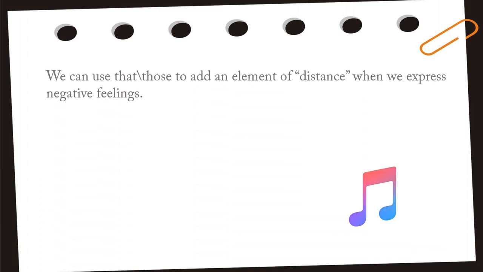We can also use the demonstrative determiners "that" and "those" to add an element of distance when we express negative feelings about something or someone. For instance, he was never a fan of that music genre. Now here the usage of "that" in the sentence suggests that the speaker is expressing his negative feelings toward a